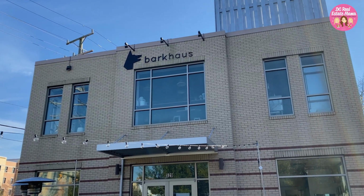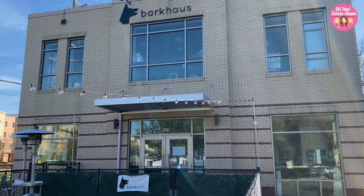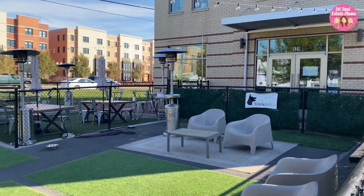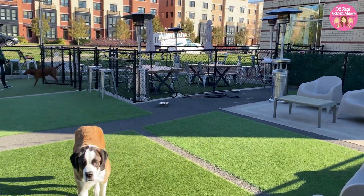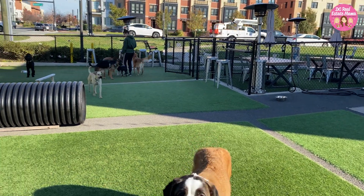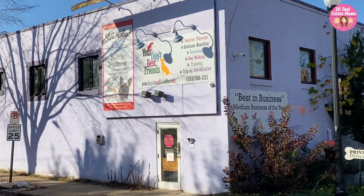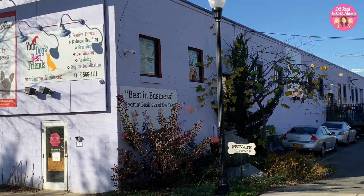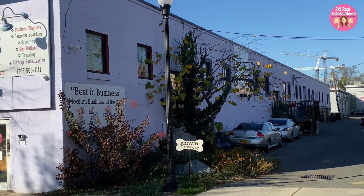Over on Route 1, there's Bark House, which is the DC area's first dog-friendly bar and restaurant with an indoor, off-leash, and outdoor dog park. And then just across the street, there is your dog's best friend's daycare. And then you also have the Delray Animal Hospital that's right there. All these doggy businesses get great reviews from their patrons and the dog-loving parents, I assume, because the dogs are not writing reviews. I mean, they could, but...